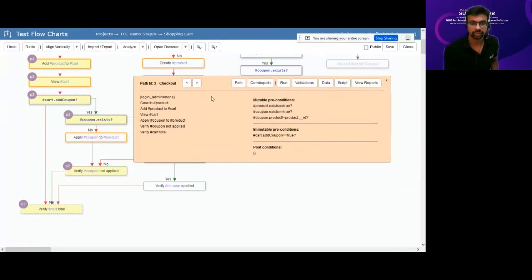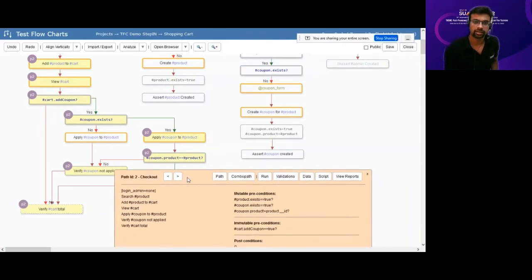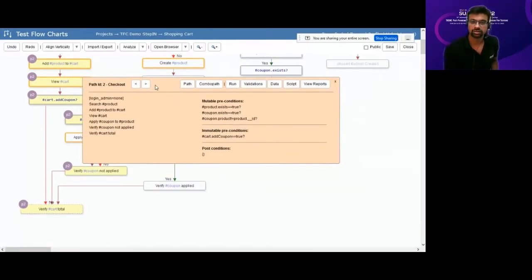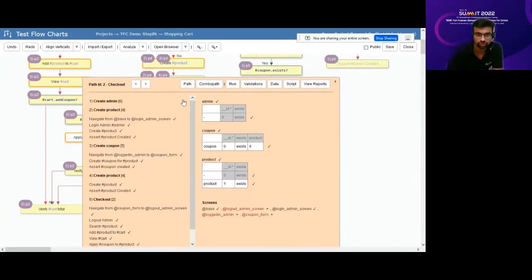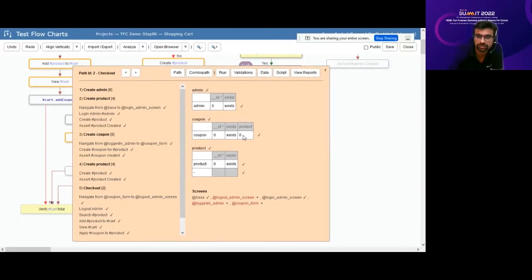Now let's look at another case where we have a coupon, but that coupon is for another product. So let's look at this combo path that it shows. It says create the admin, create a product. This is the product that it will be creating with ID 0. Then create a coupon, and this coupon is for product 0. You see that it says product 0 here, and it points to this ID. Then we say create another product. Here again it's creating another product, but there is no coupon associated with this.